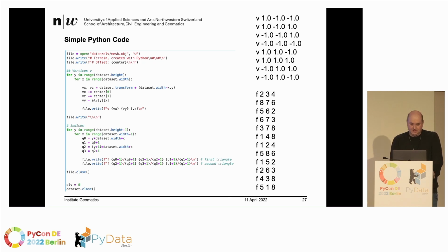So I don't want to go into details with the code here, I just want to tell you that it's really simple. First, you just put the vertices there. That's the first part, this for loop. And the second for loop is the indices. So at the end, you do have